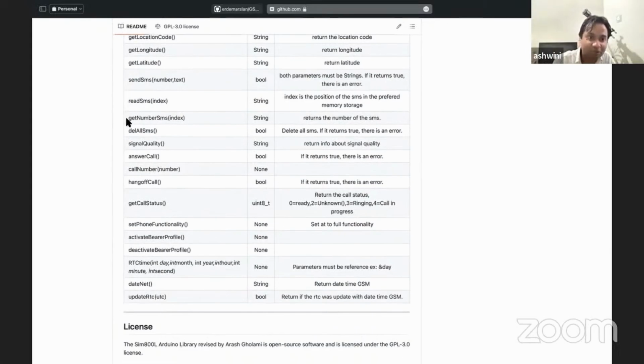Then it will also give another function, get number SMS. So using the phone number, it will find the SMS of that phone number. The signal quality, then answer the call. So if there is an incoming call, then